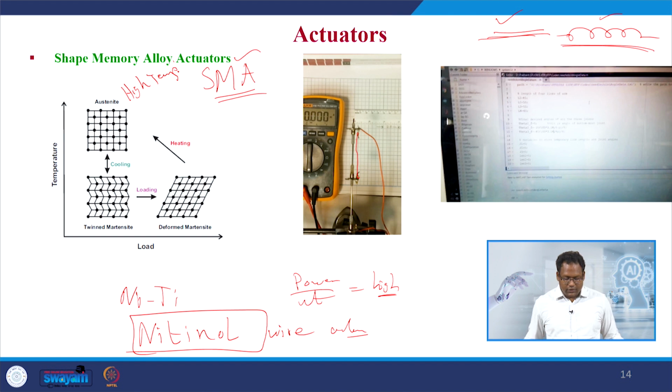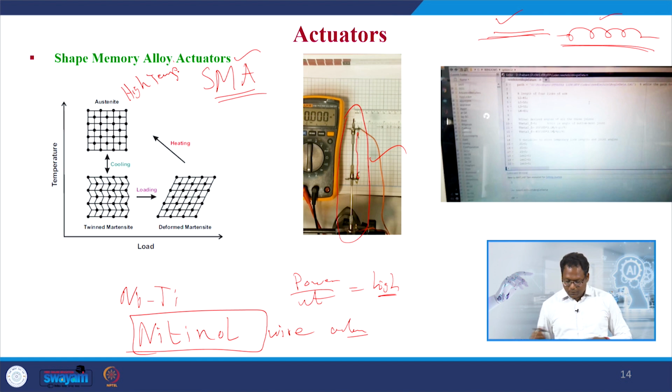Upon loading is the time where we do our application, and in the loaded condition, when it is heated it goes to the original shape. By its memory it goes to its original shape, because it memorizes which was its original shape. For example, in this application, we have a needling system which is actuated by this wire actuator attached to the lateral side of this needle,